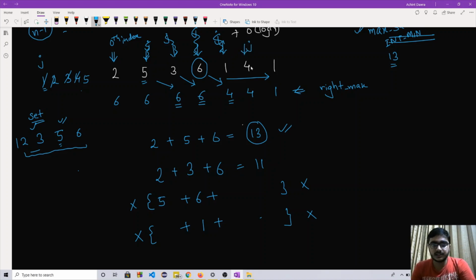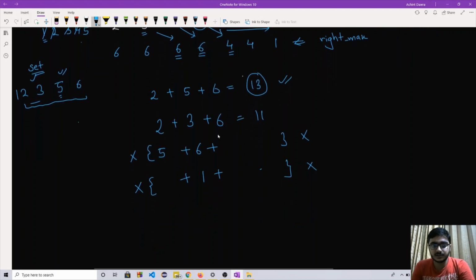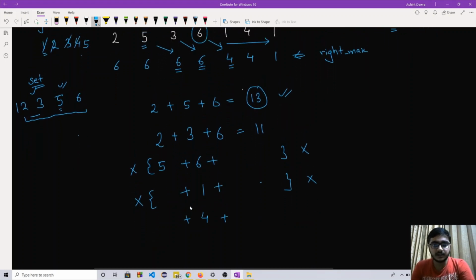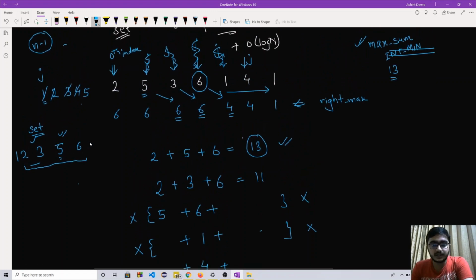Coming to this element, j is fixed here, so the jth element is 4. Let's see for the left and the right part. For the left part we need to search an element which is as maximum as possible but less than 4. That element is 3.